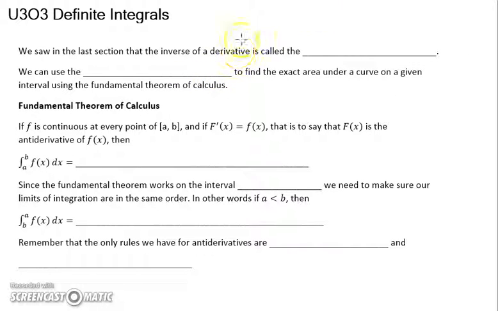Alright, in this video we're going to talk about Unit 3, Objective 3, definite integrals. So we saw in the last section that the inverse of a derivative is called the antiderivative. And we're going to end up using those antiderivatives to help us find area under the curve. So we're going to use antiderivatives to find the exact area under the curve on a given interval using the